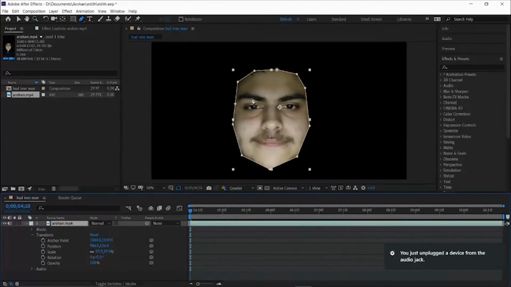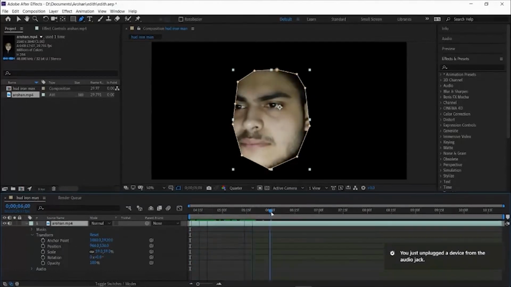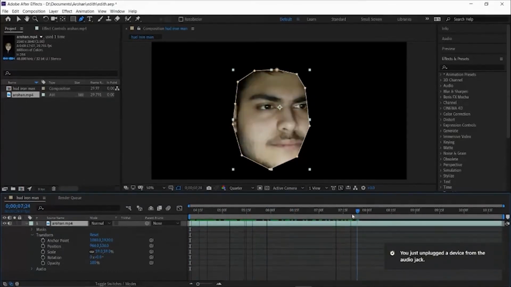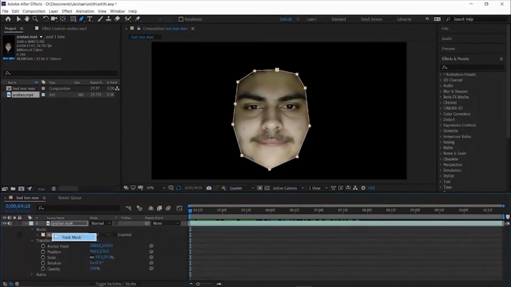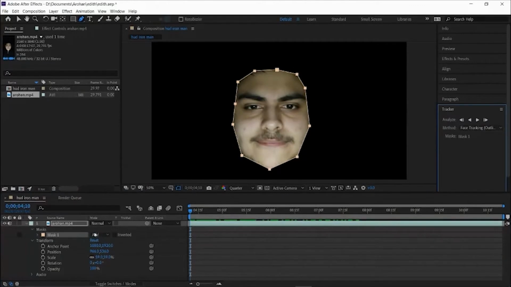Okay, after we have made the mask, we just need to make sure that the mask follows my face. If I move right now, you can see it is not following properly. So just click on the mask settings and right click, and there is an option of track mask. When you click on track mask, we can see a panel called tracker set up towards the right side of your screen.